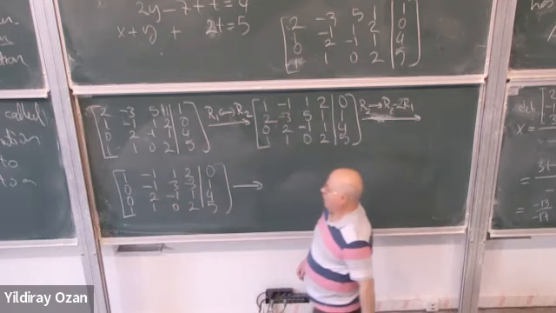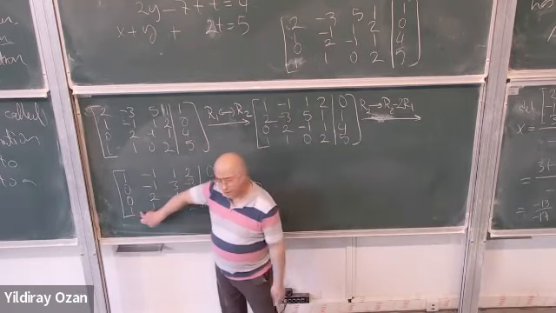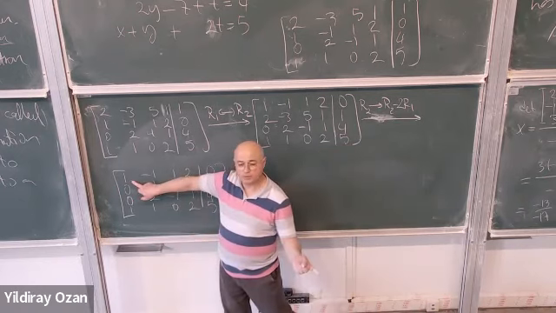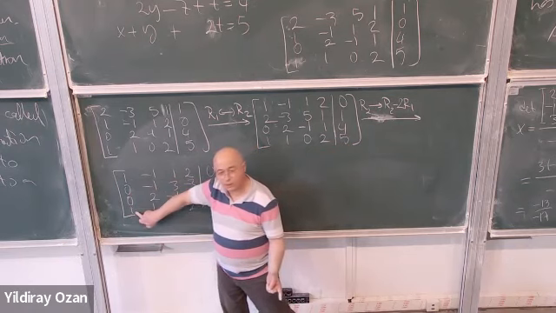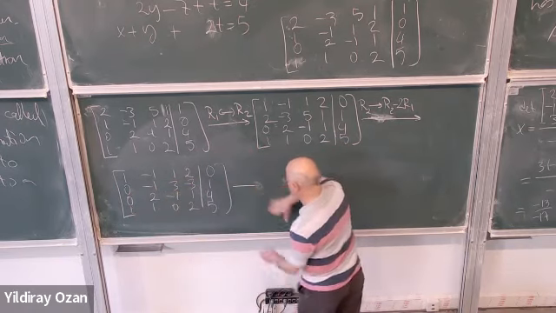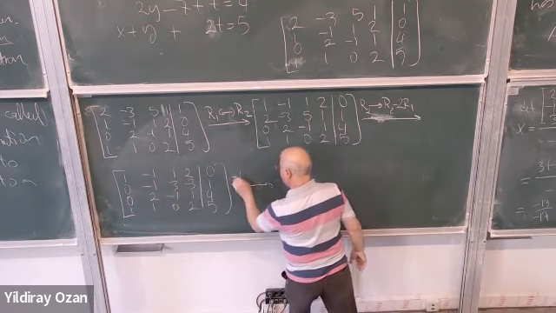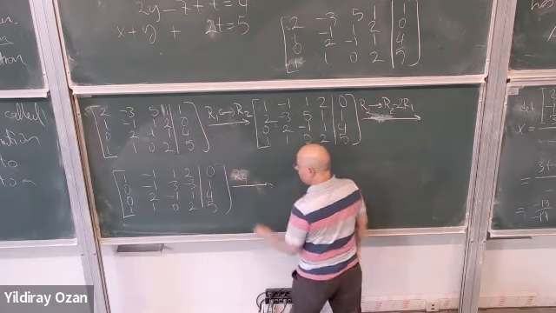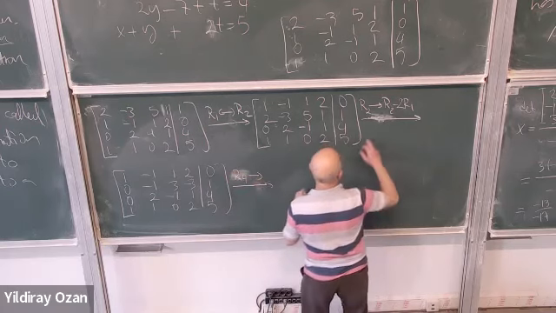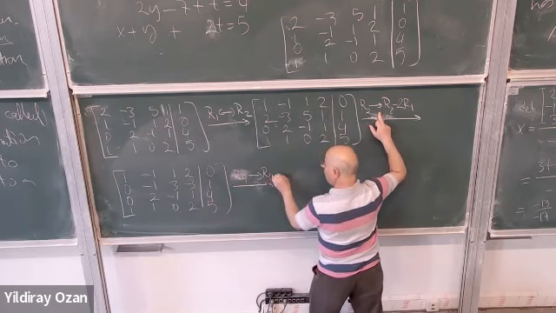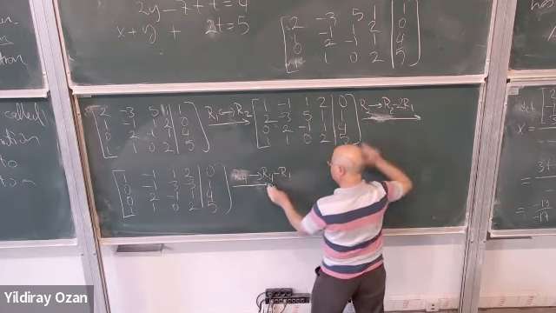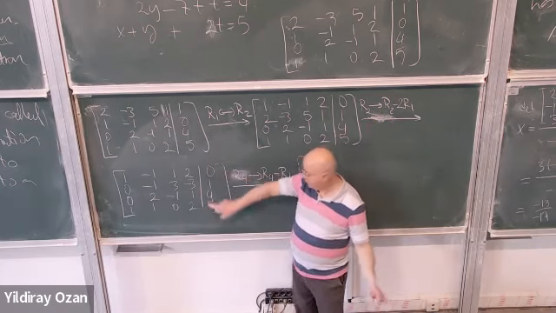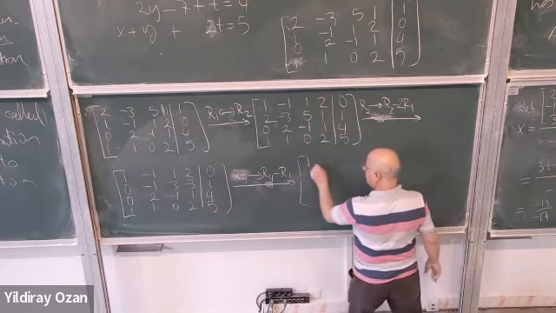Okay. And then I will kill this guy. How can we do this? Multiply this with minus 1 and add to the last row. It will get rid of it. So, minus 1 times, no, I write it this way. Fourth row is replaced by which one? Fourth row minus the first row, right? So I multiply this by minus 1 and add. So if you do that,